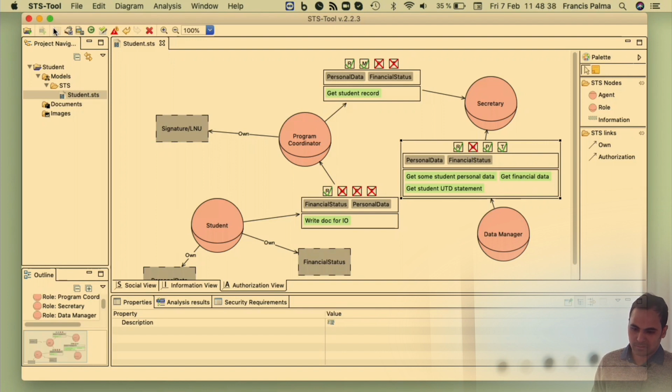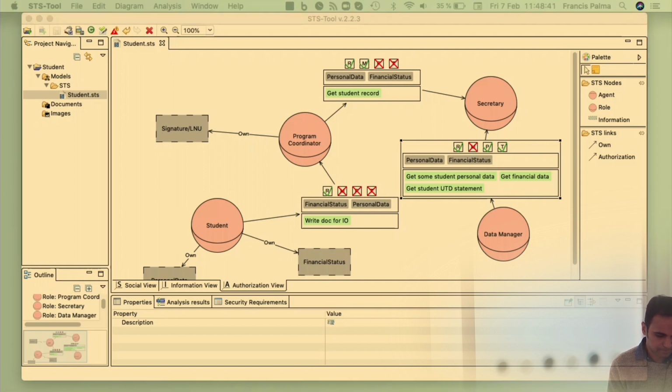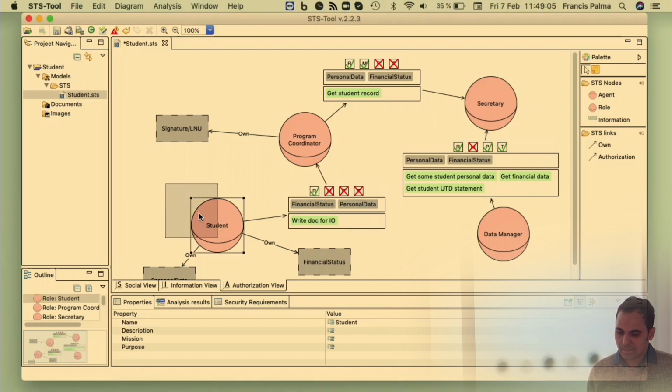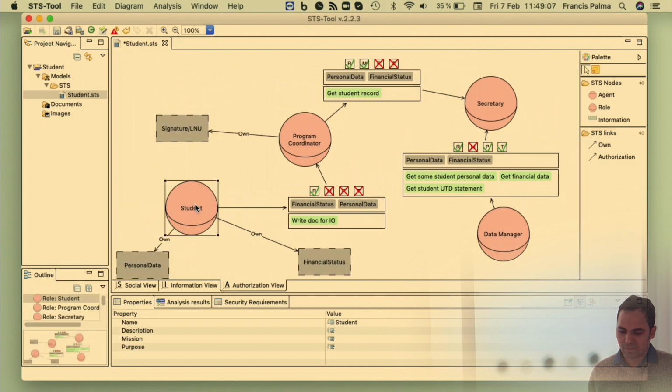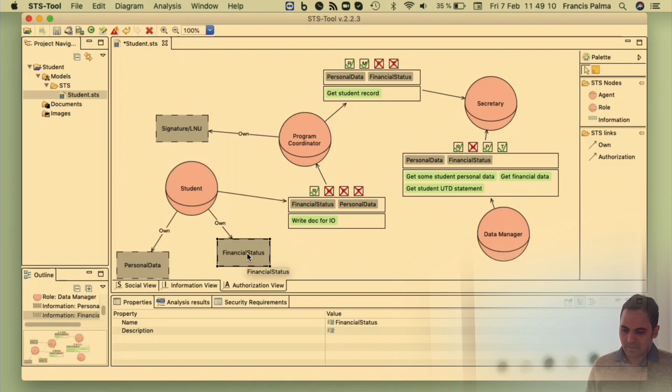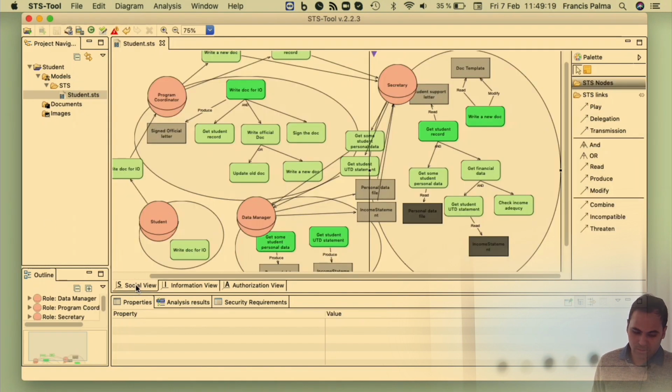So there was a question on the Slack. Do the authorization or denial checkboxes in the authorization link refer to the role at the end of the link? Yes. This authorization or denial is about whom we are authorizing for this document or these activities. In this way, you can think of more relevant and logical authorizations. But I just wanted to give you the introduction on how we can draw the social view, the information